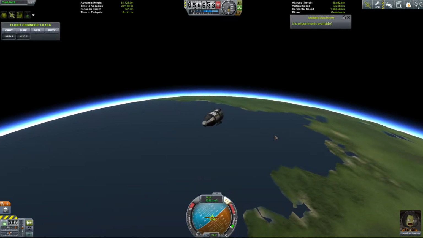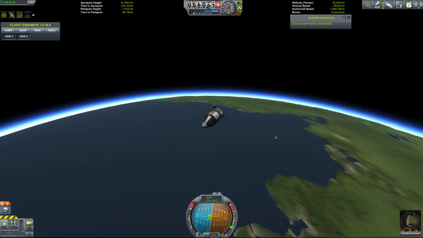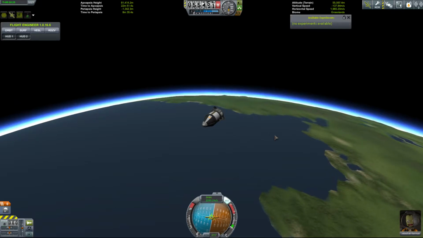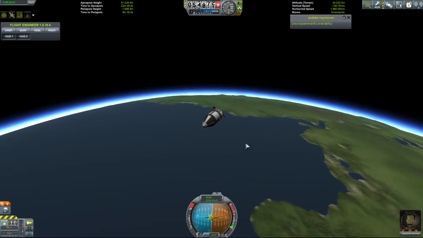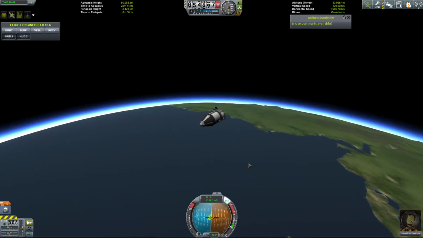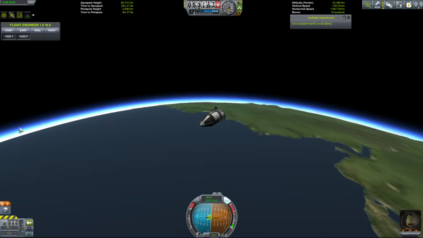Let's rotate this. That just makes more sense to me because this will start heading into the blue. Blue should be on my left because I'm traveling towards the ground. If my ship was going towards the left hand of the screen, the brown would be on the left. And